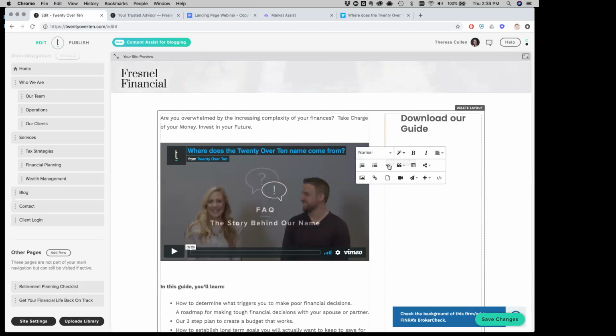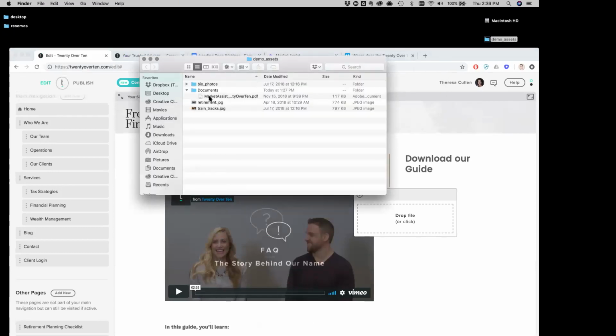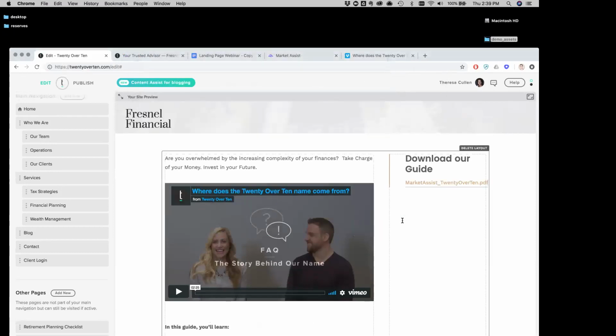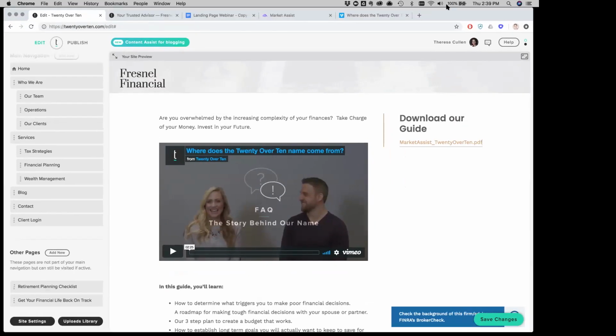So you'll notice across the bottom, this is where you can insert images, files, videos. In this case, because we want to give them a PDF to download, and we want that to look like a button, we'll just simply click Upload File, and I'll just drag that PDF directly onto the platform. Now we have a link for individuals to be able to effectively click and download that file. Now, truthfully, that display text isn't that clear, right? It's not an actionable statement. But in addition, it's not very clear that maybe it's clickable.